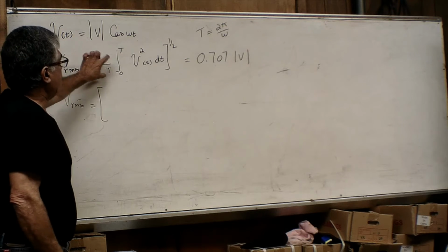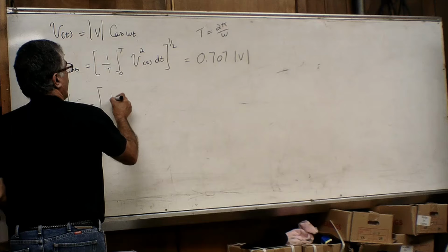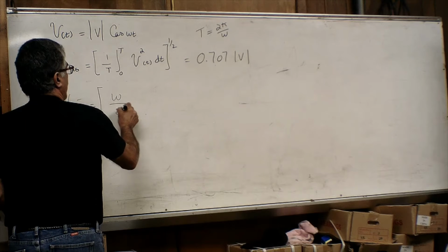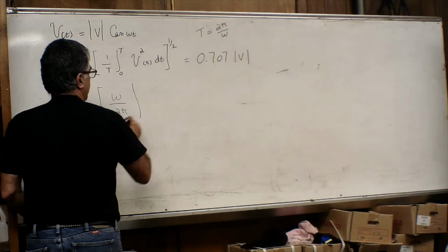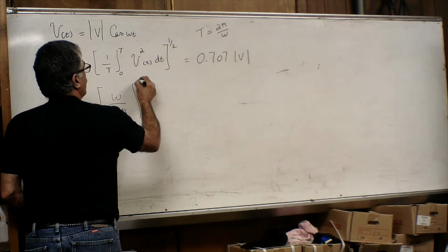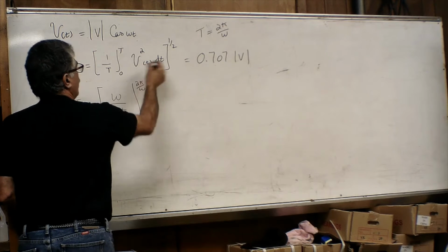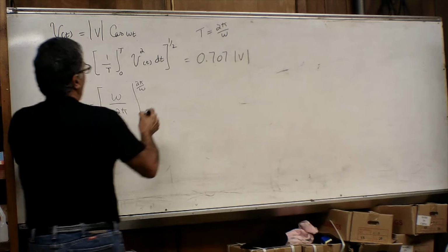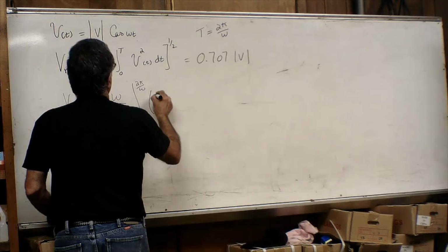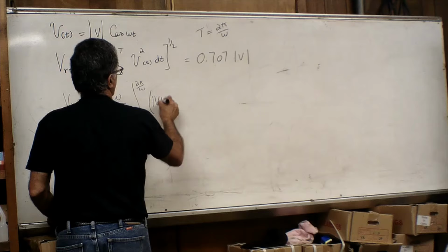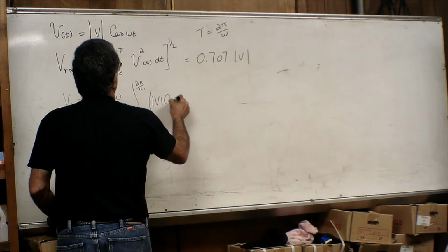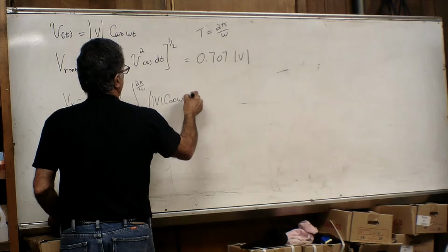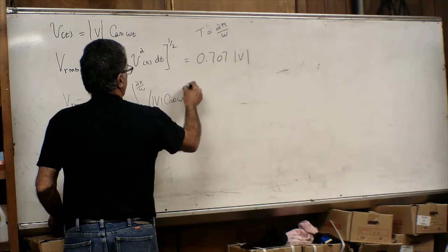Here it is reversed, so we are going to have omega over 2 pi, the integration from 0 to 2 pi over omega of v squared. This is the value of our v, so that would be the absolute value of v cosine of omega t, squared,